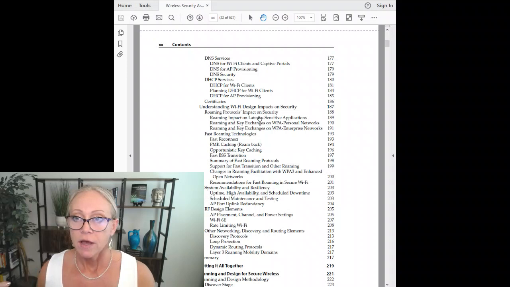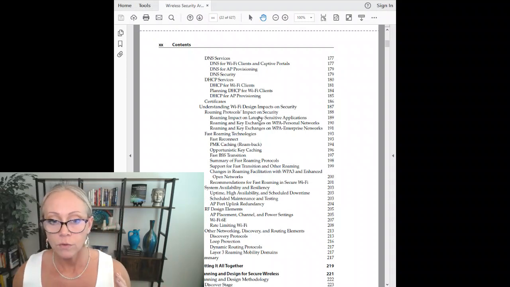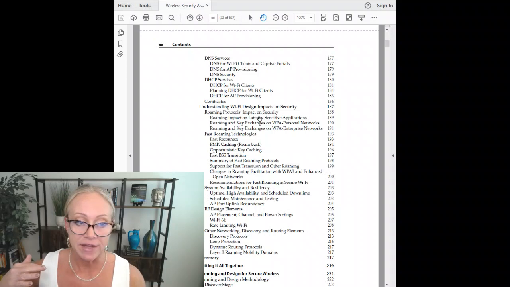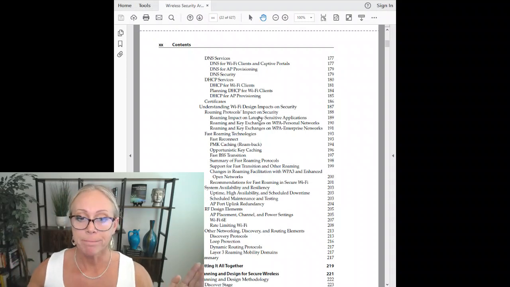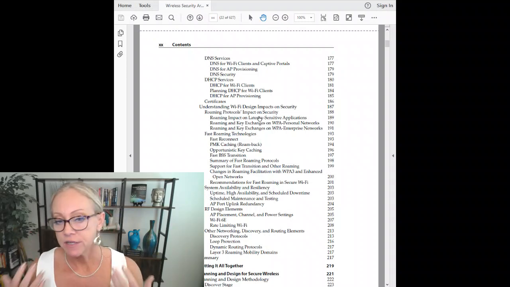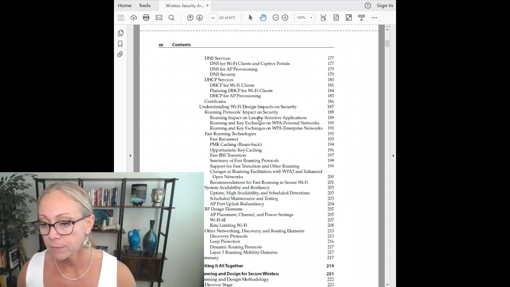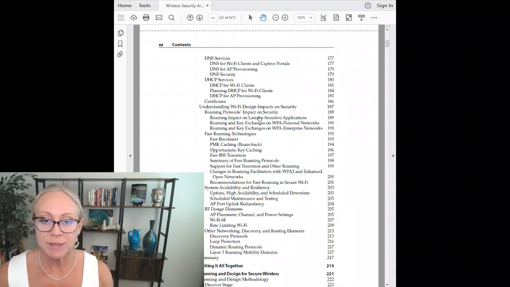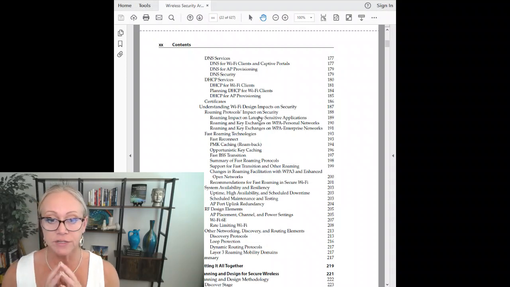And so, I don't want to spoil it for you, but when we're roaming with an endpoint between access points, if we have a secured connection with keys through 802.1x, what we're trying to do is minimize that round trip traffic, and cut that down so that there's less latency. Because unfortunately, right now, and I hope this changes, if you look at some of the recommendations for security, including from NIST,